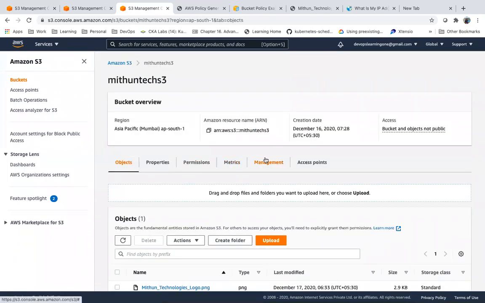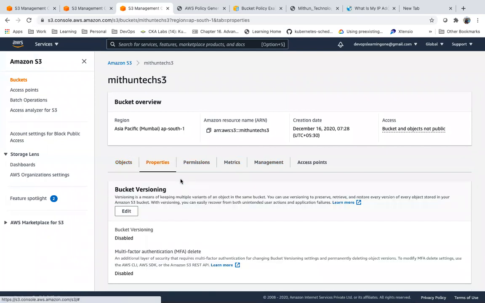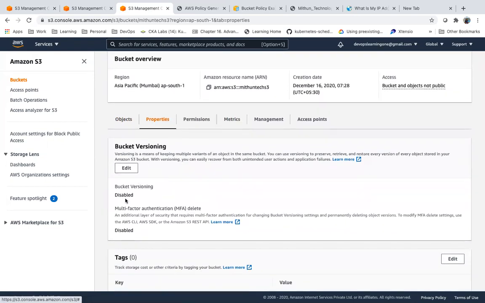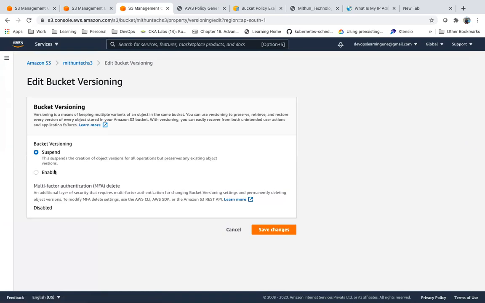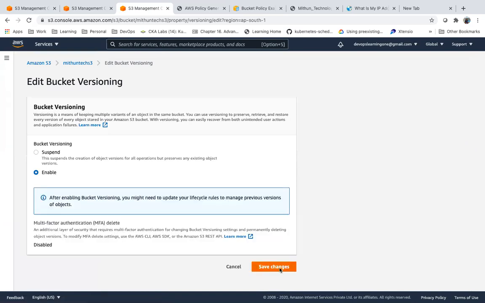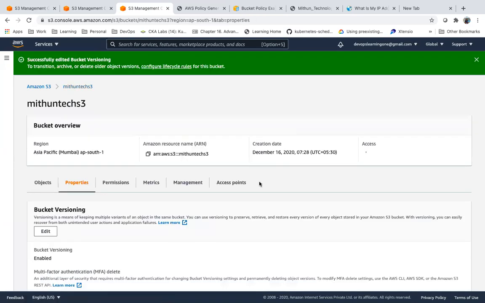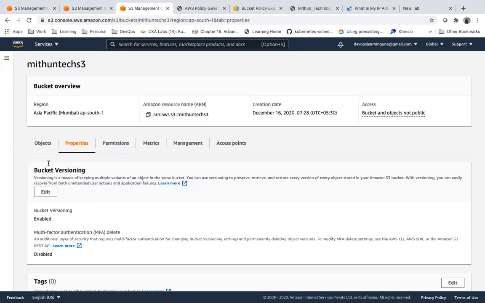When I go to the S3 bucket and look at versioning, by default versioning is disabled. If required, I can enable versioning. Now versioning is enabled.